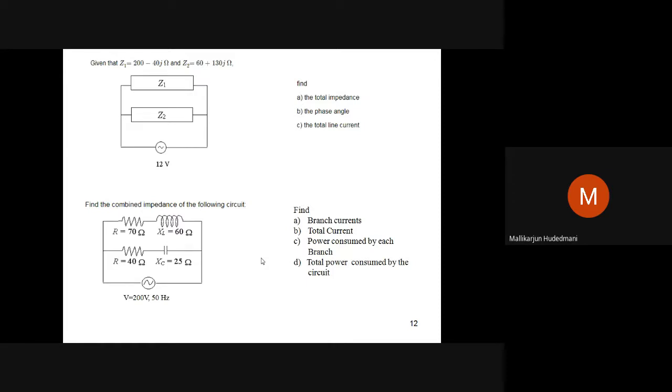I will tell you. If I have taught you in rectangular format, you will be very familiar with writing all the work in rectangular only. A teacher who has taught the same subject in some other college is familiar with the polar kind of representation. He might have taught to convert the answer to polar. Then most of his valuation will be looking for polar answers, and mine will be looking for rectangular. So I want to be universal. If your answers are there on both sides, you are not at all